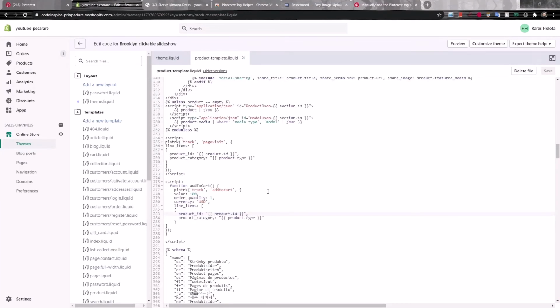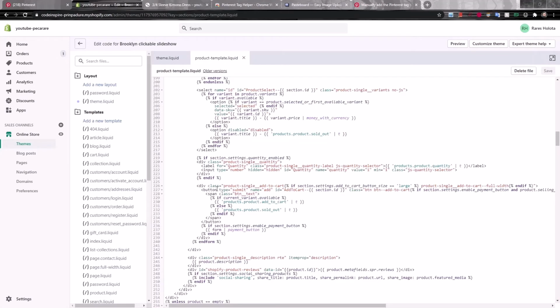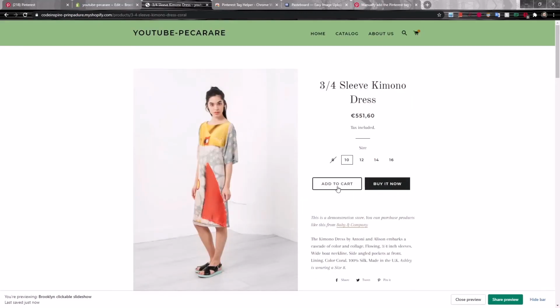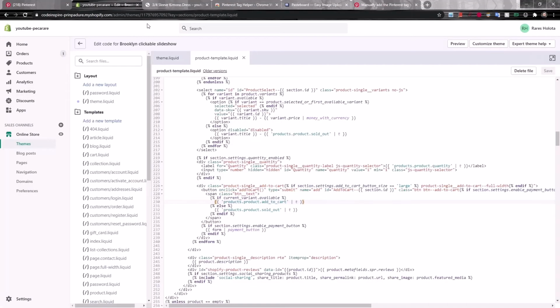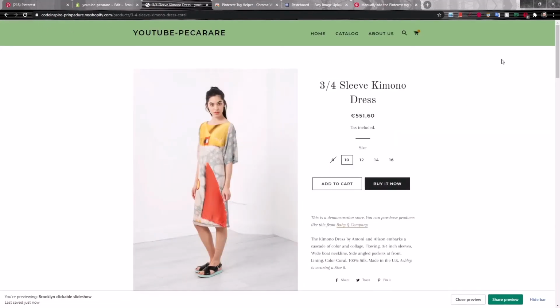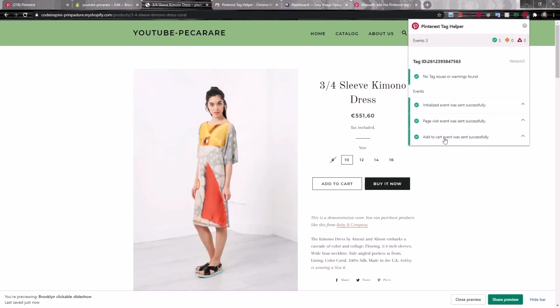Now I will use this function in my add to cart button, which is over here. So I will say onclick equals addToCart. This is how I call the function inside my onclick event. So this button, it's this one. You need to locate for yourself where is your add to cart button. After clicking save, I will refresh the product page. I will see that I have 2 events. And after I click the add to cart button, I will see that now I have the 3rd event,